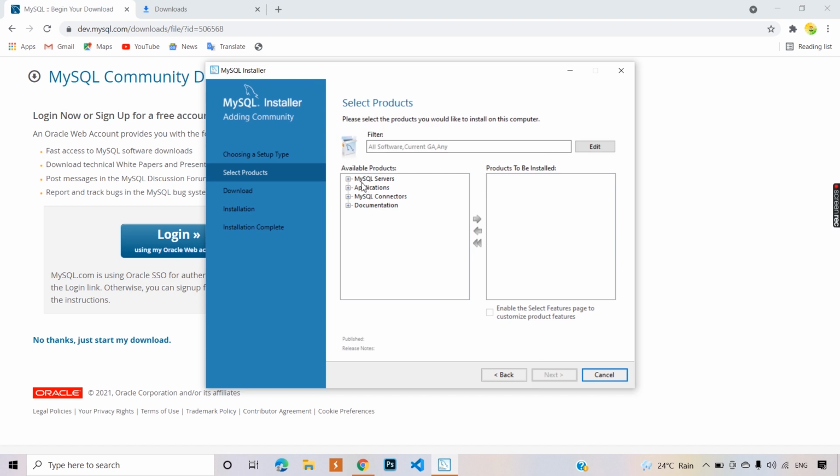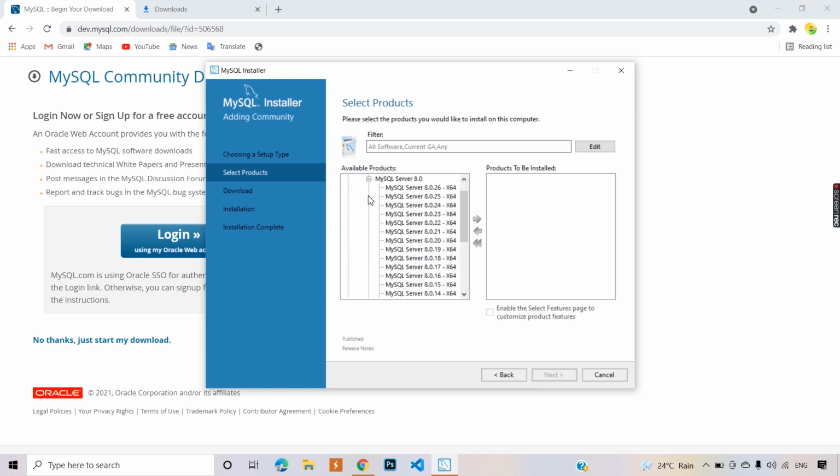So we'll select custom, and in this, we will go in MySQL Server, MySQL 8.0, and then select the topmost version 8.0.26 and drag it to the right side.